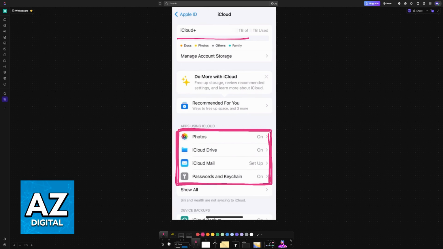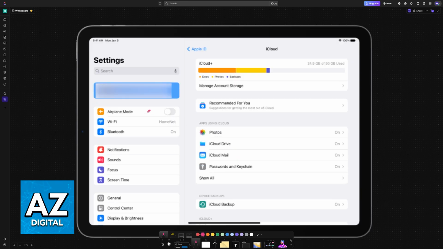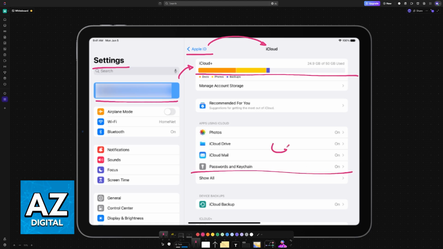So as long as this was set up beforehand, or you are able to enable iCloud synchronization after the fact, so go to the device's backups, you will be able to do the exact same thing and retrieve your data on your iPad. So on the iPad settings, you can also find your Apple ID, go to iCloud, and all of your data will be available. All of this will be synchronized automatically, so as long as you access iCloud and you have the same account on both devices, you are good to go.